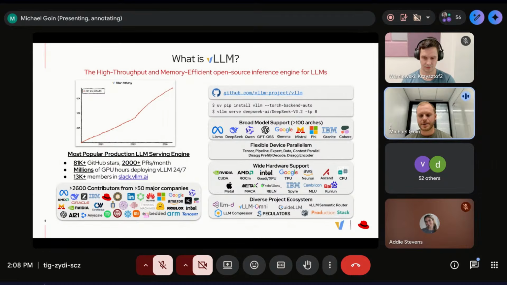It's a very active project with thousands of contributors from dozens of major companies and academic institutions, working on it for different hardware backends.